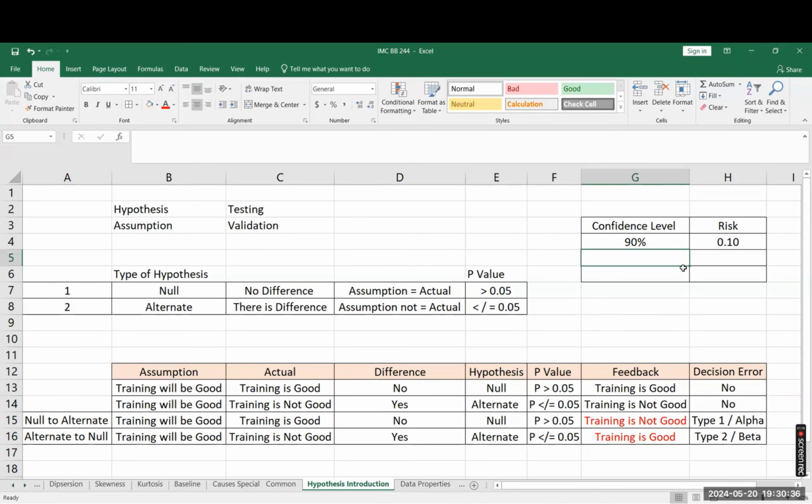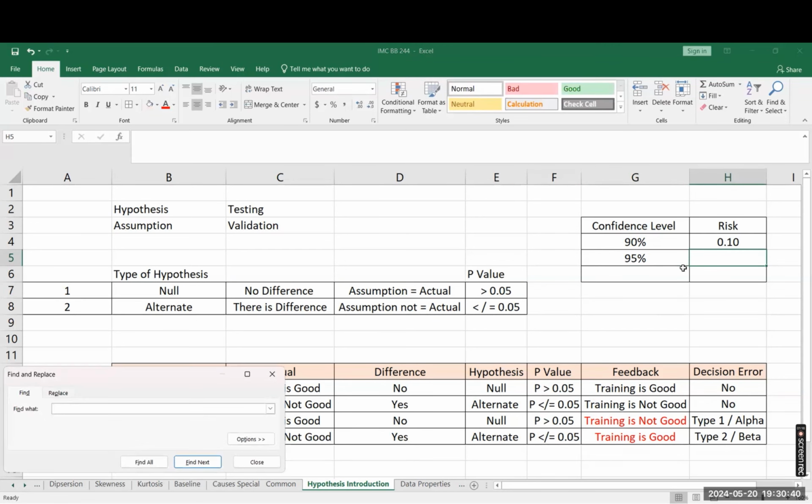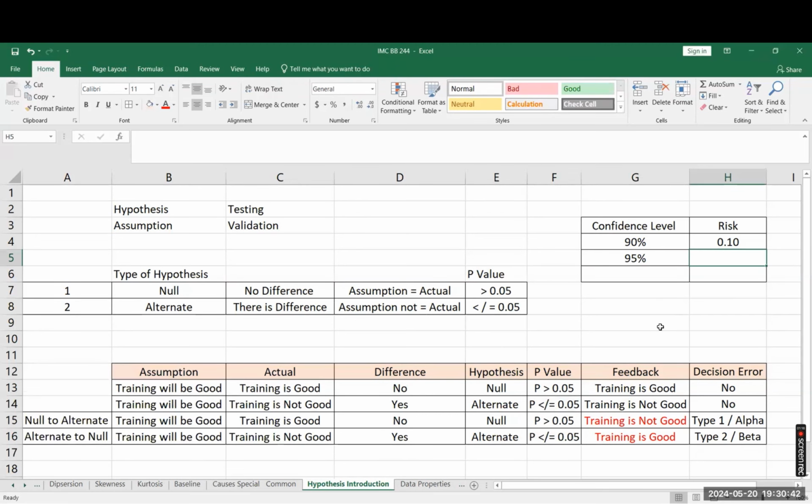Or in case, let me write all values. If your confidence level is 99%, then your risk level will be 1%. That's how this p-value will come, and we decide it should be 0.05, 0.02, 0.10, 0.01 or any other number. This will come from here. By default, statistics works at the 95% confidence level.